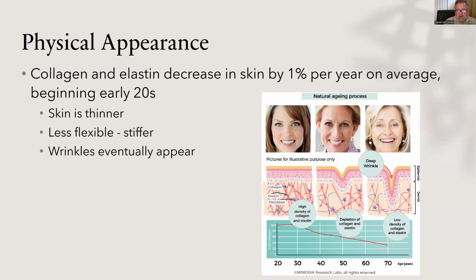This diagram that I've got on here shows a little bit of that. It shows these collagen and elastin fibers in young skin in a schematic diagram. It also shows fibroblasts there. These are the cells that actually synthesize collagen and elastin. The culprit here is that we're seeing a decline in fibroblasts, which means less of these proteins get made, and then the skin becomes thinner.